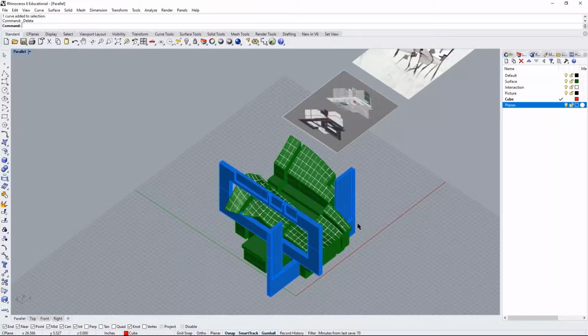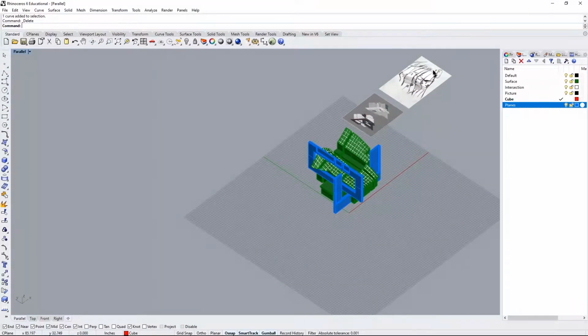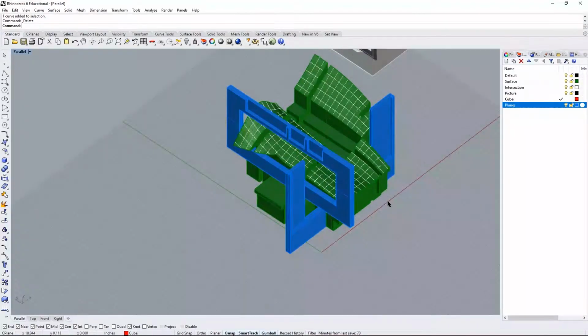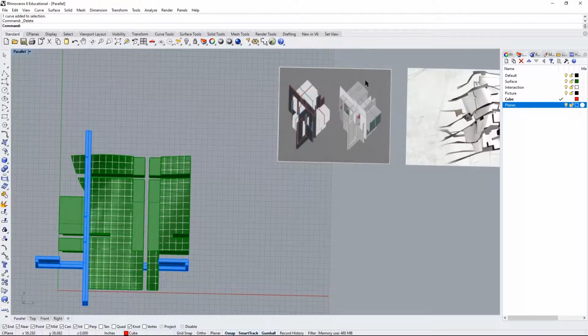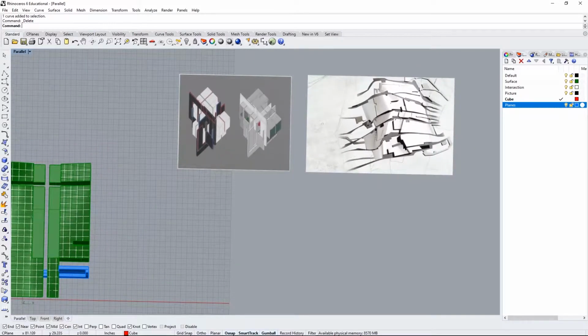Just for the sake of time in this tutorial, you can really delve into this and develop it as much as you want. I'm going to stop here. I don't have this deviation from the grid very apparent in there. It's pretty much the house project 6,